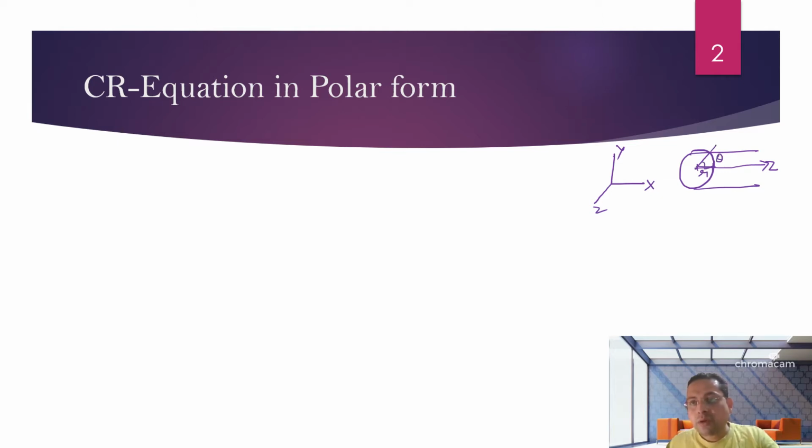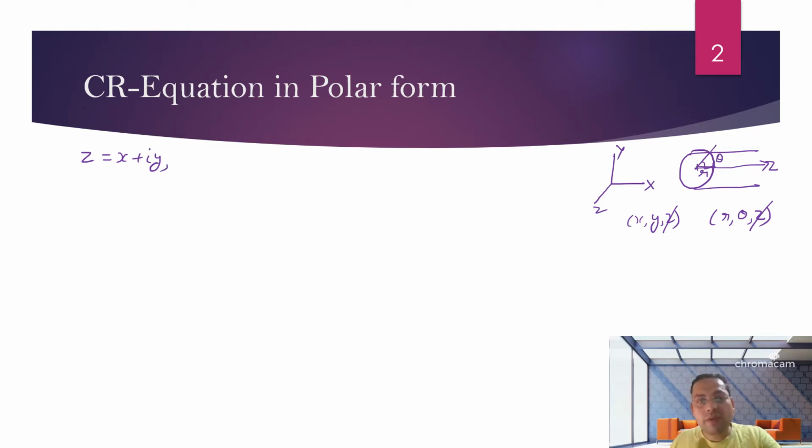So in Cartesian coordinates we can write that (x, y, z) is a point. In polar form we have to write r, theta and z. z is the axis, not a complex number. And for 2D we will consider it as r and theta. Now if we consider z in complex form, z is equal to x plus iota y, a complex number.